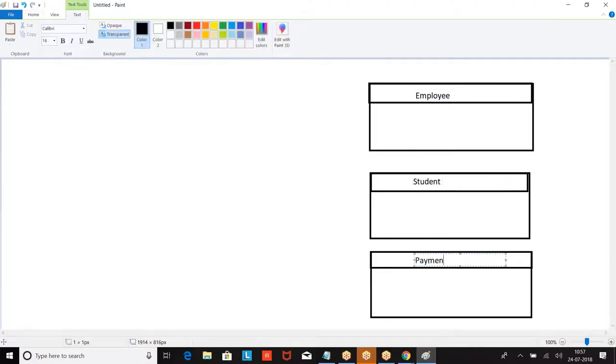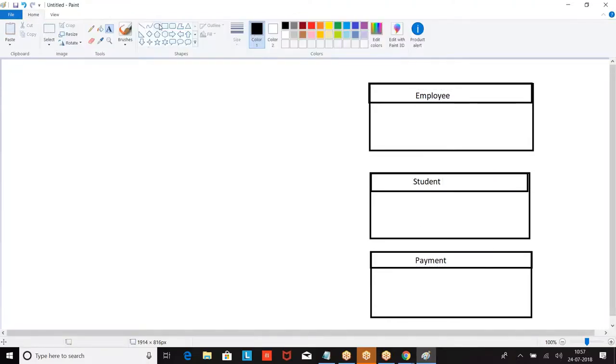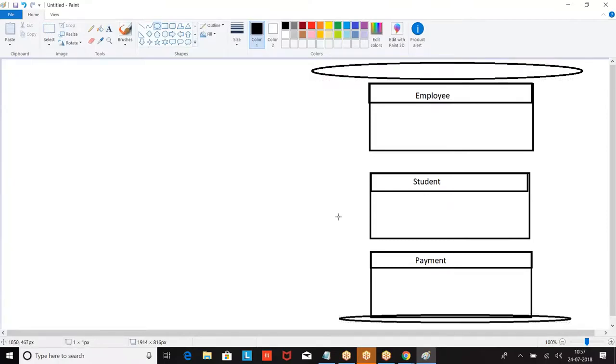Employee, student. These are the tables we created in the database. These are the objects we created in the database.